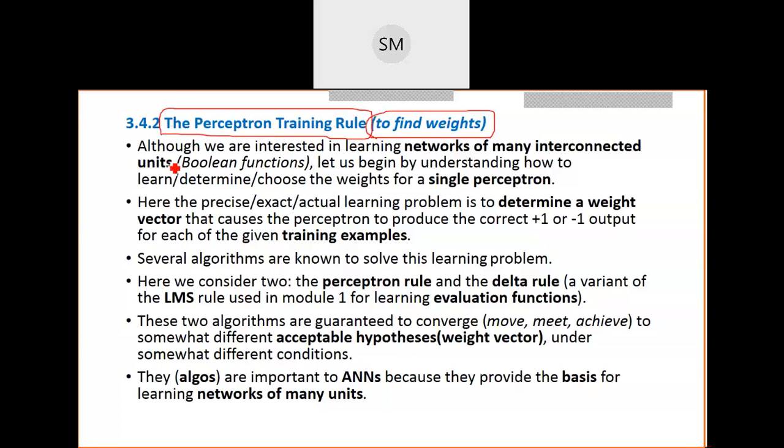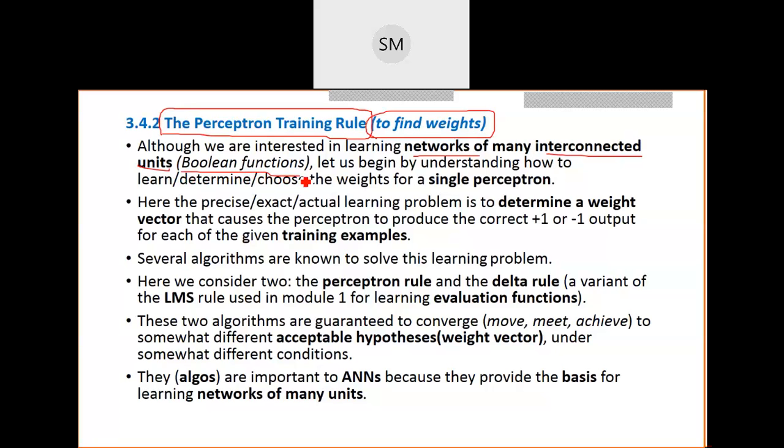Even though we are interested in learning or constructing networks of many interconnected units, that is, Boolean functions, an artificial neural network, or a perceptron,